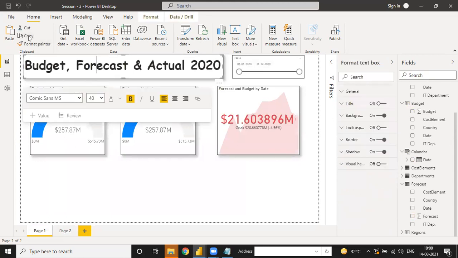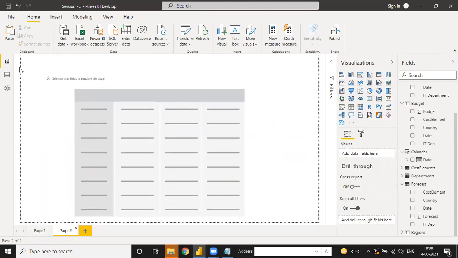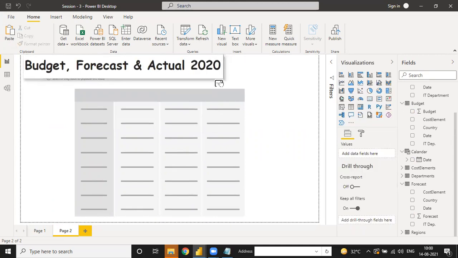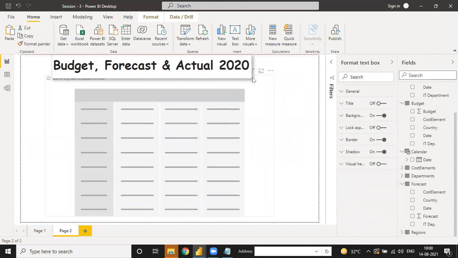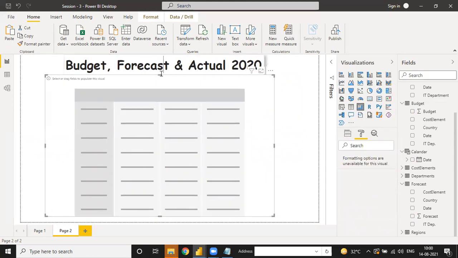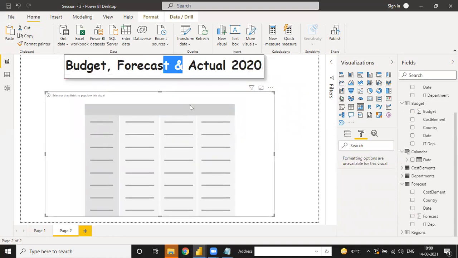This one, copy, page 2 and paste. Okay, so this table we have to choose.